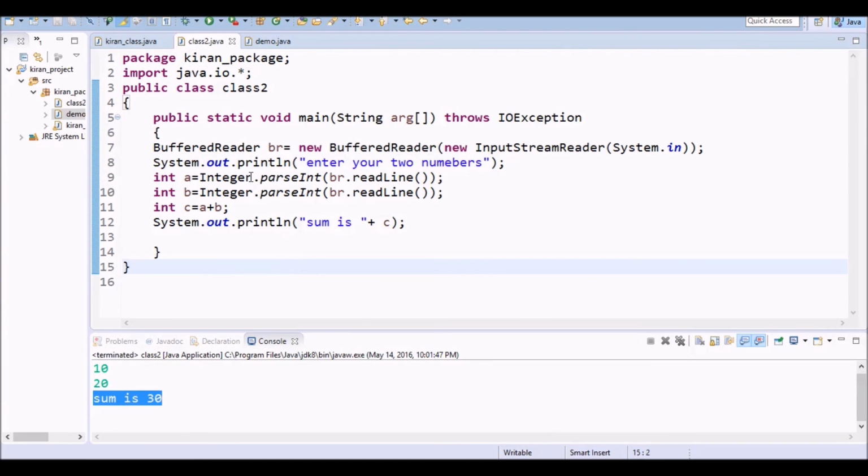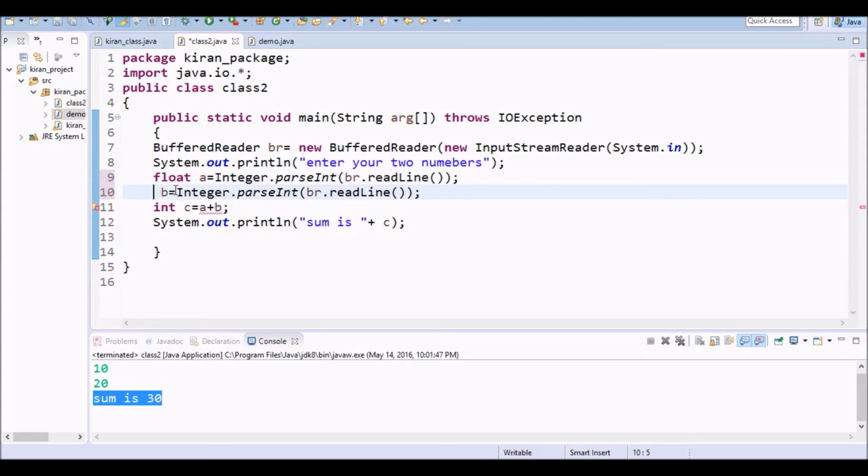So suppose you want to convert this into float. So see here, we will take float, and we want to convert this into float, that means Float.parseFloat. So simple it is.